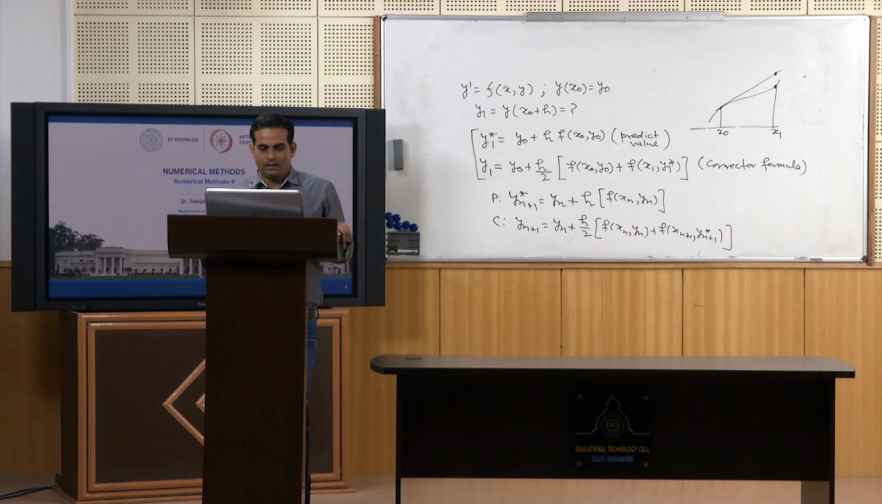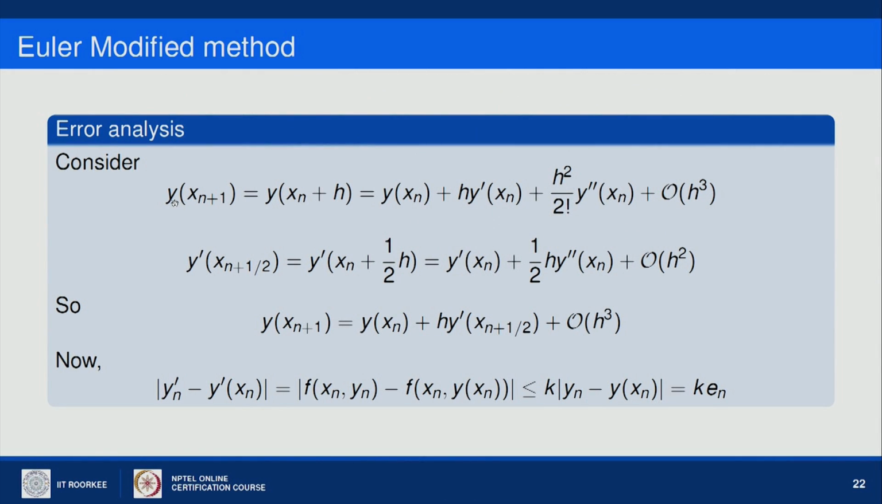Then if I use the Taylor series expansion of y about x equals xn, I can write it this way. If I calculate y prime at xn plus half, it is given by y prime xn plus half h. So, that will come in this form, and here you can note, just look at these two terms that are similar. So, I can substitute this particular thing here. So, y of xn plus 1 is given as y of xn plus h times y prime at xn plus half plus order of h cube. Now, the difference between y prime n and y prime at xn is given by these two functions,